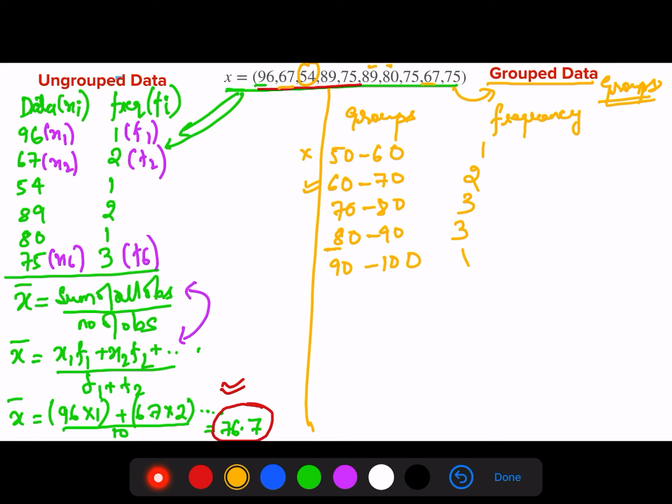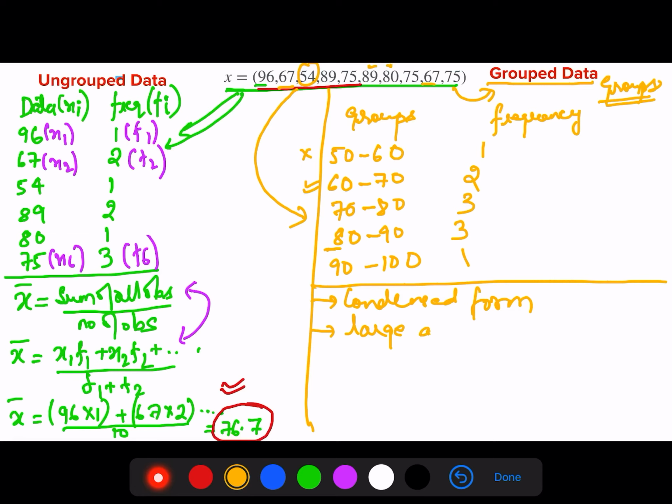So what we have basically done is we have converted this raw data into grouped data format. So you can clearly see that grouped data has many advantages. First, it is in a condensed form. That means it will be much easier to represent large data sets in a grouped data format.